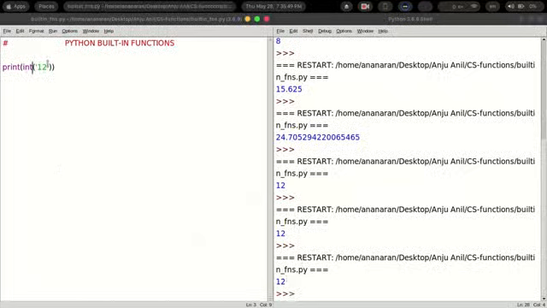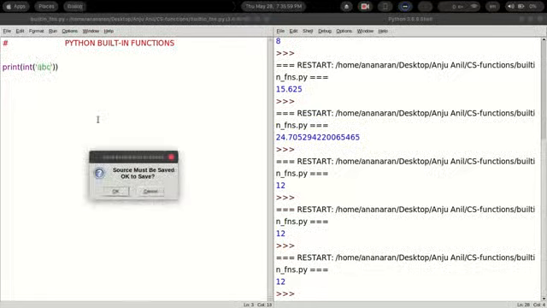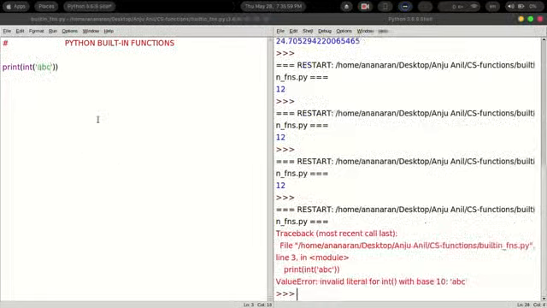And suppose instead of this 12 in single quotes, I write ABC. Let us see what happens. It is an error. Why? It shows invalid literal for int with base 10.